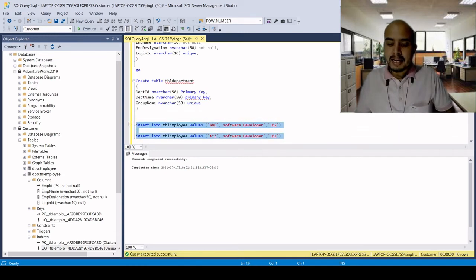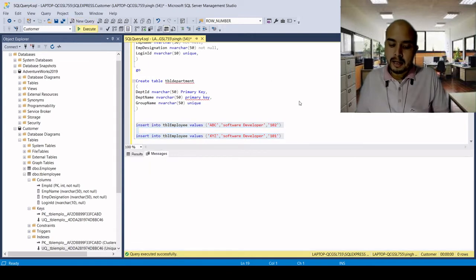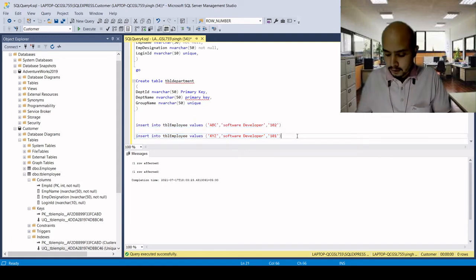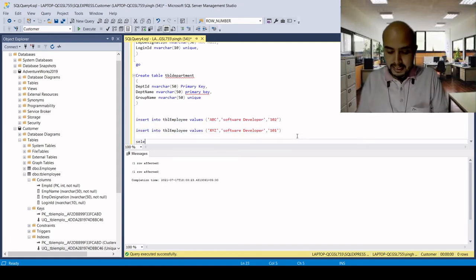Basically, if I insert the data into the table, the physical order will be on the basis of the primary key. Let's check the data in the table.